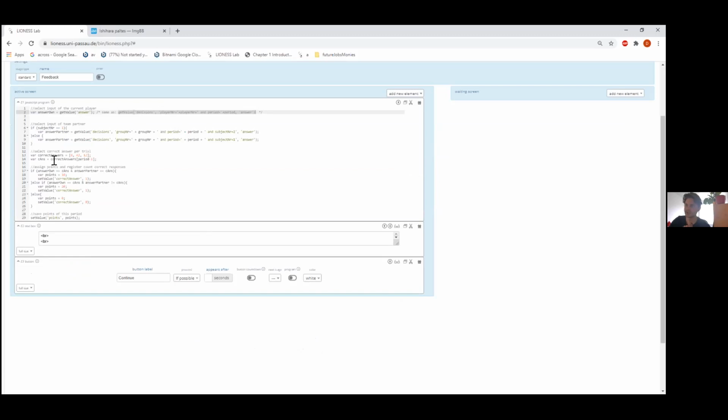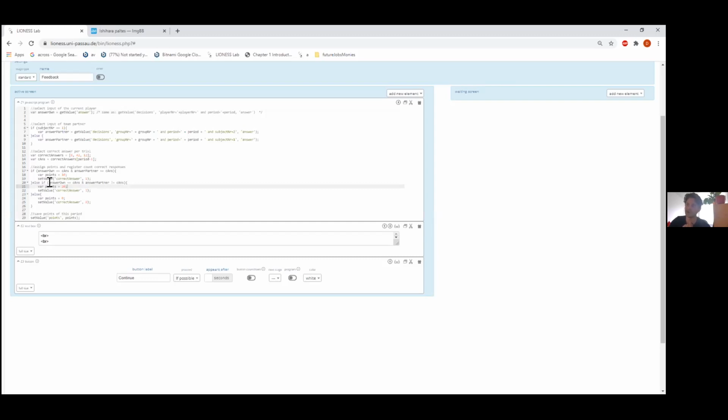Again, I created an array with the correct answers. With the correct answers, I see if I select my correct answer for this period, and then I basically match. I check if my own answer is the same as the correct answer, as well as if my partner gives the correct answer, then I get 10 points. If my partner answered incorrectly, I get the double amount of points, and otherwise, if I'm wrong, I get 0 points. And I always also then use setValue, which is the function to save a value to a variable,